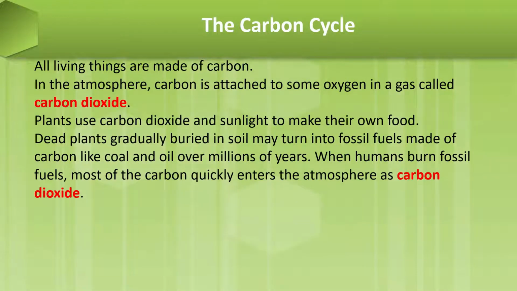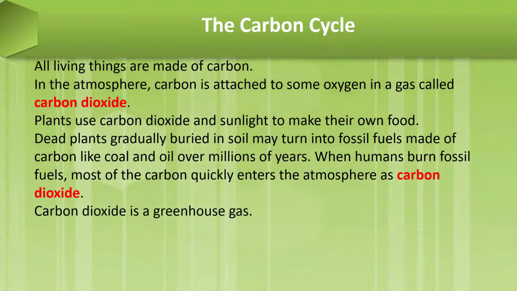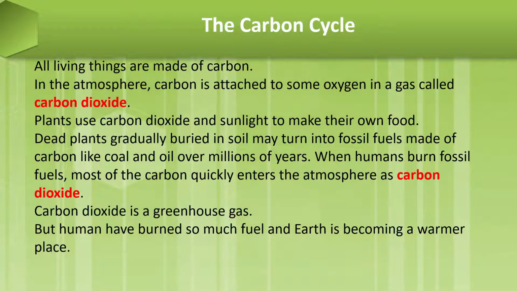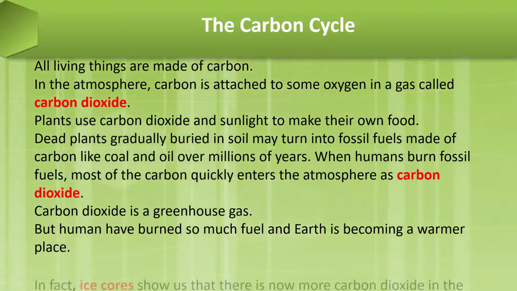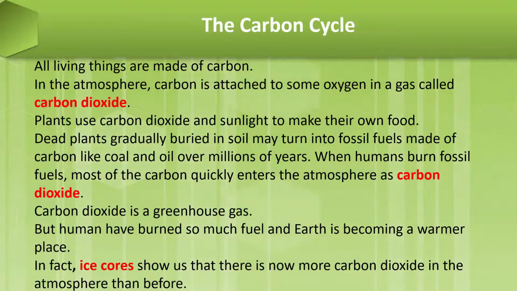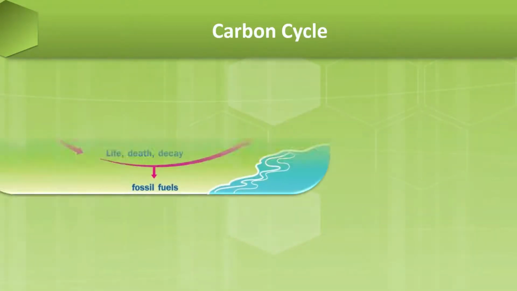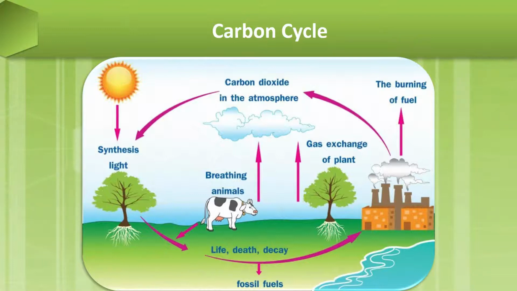When humans burn fossil fuel, most of the carbon quickly enters the atmosphere as carbon dioxide. Carbon dioxide is a greenhouse gas which traps heat to stay on Earth, and the global temperature on Earth increases. Humans have burned so much fuel that Earth has become a warmer place because the carbon dioxide rate increased. In fact, ice cores show us that there is now more carbon dioxide in the atmosphere than before their melting. From this picture we can look at the carbon cycle,